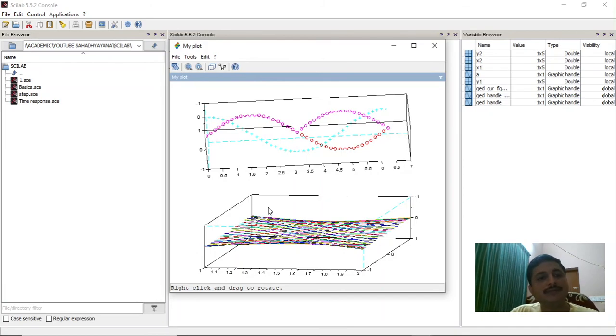So graphical windows or these plots are going to help you a lot in presenting your ideas in a better way. In this tutorial I'm going to stop on plots, even though there are a lot of other properties. I expect you to explore because it should come through practice. You cannot master the plot just by watching YouTube videos.